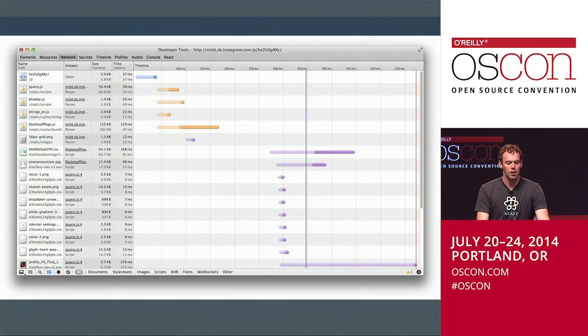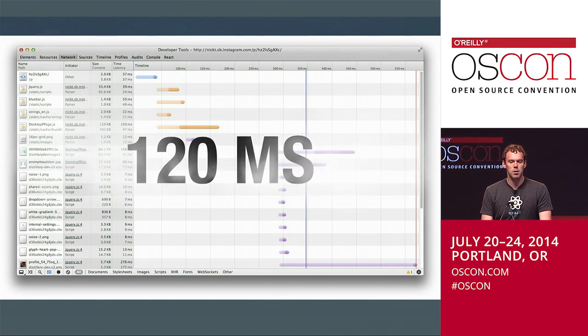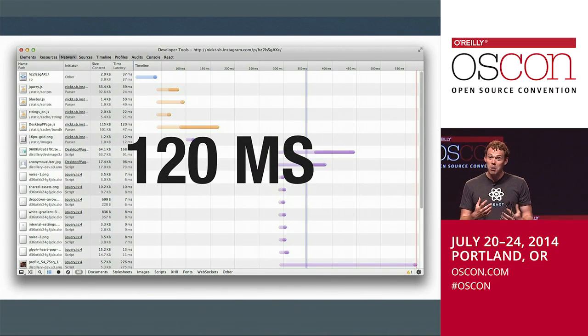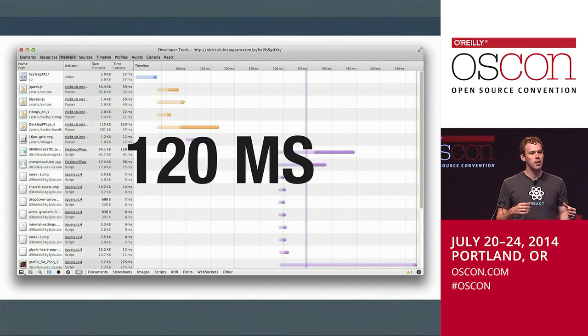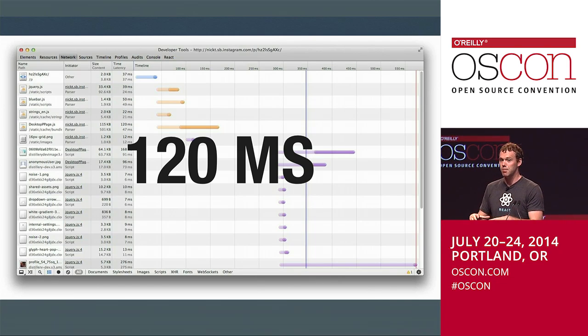So instead, we brought in Webpack. And we kind of did the naive thing. We used Webpack in the simplest way we possibly could. And we brought that down to 120 milliseconds. And while it wasn't perfect, it's still a 52% performance improvement out of the box without even trying. I like to think of this as falling in the pit of success. We simply changed our modules a little bit to work with Webpack's idea of CommonJS and that asynchronous syntax. And because it's architected so well, and architected around the idea of a dependency graph of modules rather than flat files or modules that must be combined into a single file, you get a lot of just emergent great performance